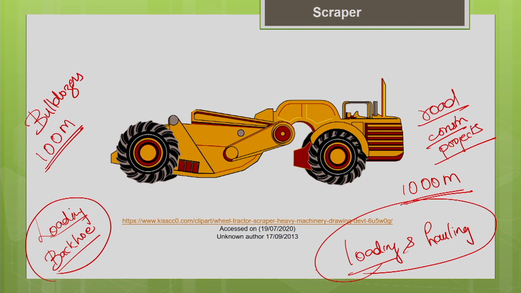But it is something in between your loading machines and the hauling machines, and it is good at both loading and hauling. That is the advantage of this machine that makes it versatile for so many applications. Say for example, in your project site, if there is a temporary breakdown of a loading machine, but you have a scraper, then your entire work will not come to a standstill. Similarly, if there is a breakdown of your hauling machine, but you have a scraper, your work will keep progressing, because this machine can take care of both loading as well as hauling.